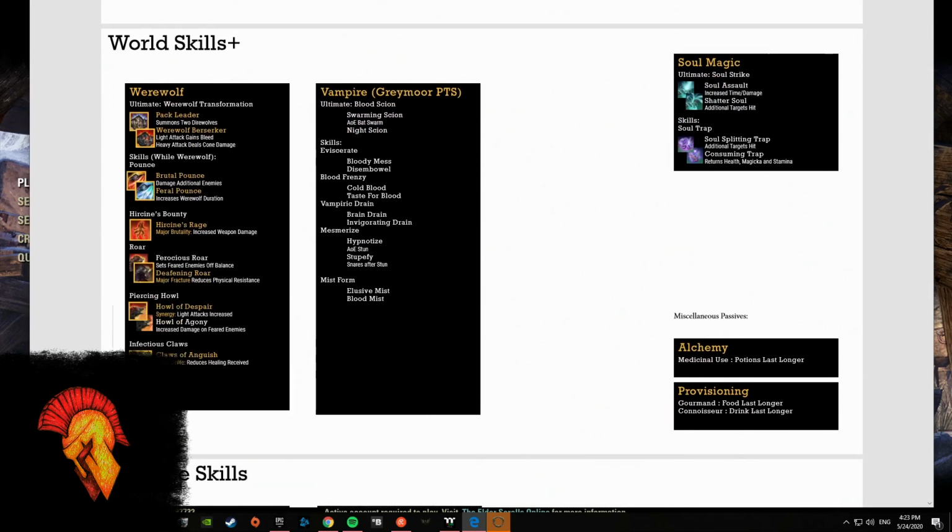As far as world skills, I'm going to wait until after Greymoor drops before I really touch on skills. I did like Mesmerize, both Stupefy and Hypnotize were pretty solid. Same thing with Elusive Mist. I was kind of at Blood Mist. I'm not so much sure, but once again, I'm gonna wait for these changes to come in official before I really kind of make any